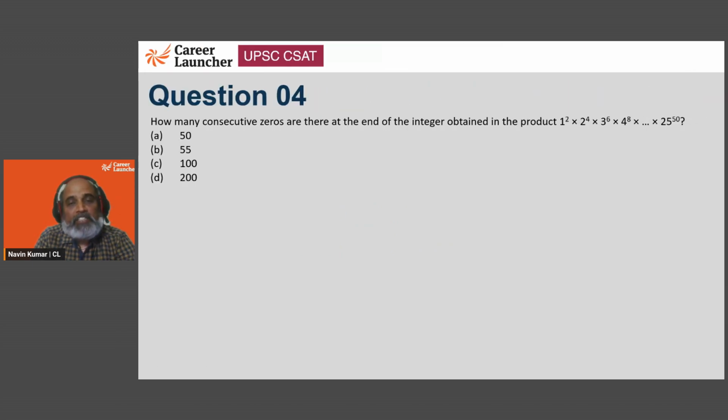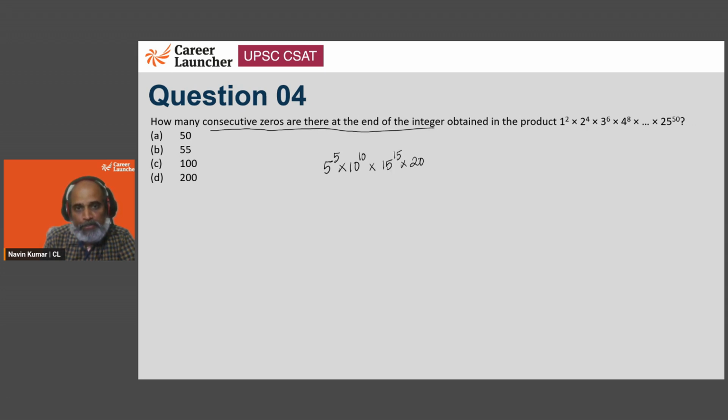Next, how many consecutive zeros are there at the end of the integer obtained in this particular product? Well, the number of consecutive zeros at the end of a particular product is given by the number of 2's and 5's we have. Now we can see that the number of 2's are going to be a lot. So we have to count the number of 5's. So the first 5 we will have is 5 to the power 5. Then we will have 10 to the power 10. Then we will have 15 to the power 15. Then we will have 20 to the power 20. And then we'll have 25 to the power,